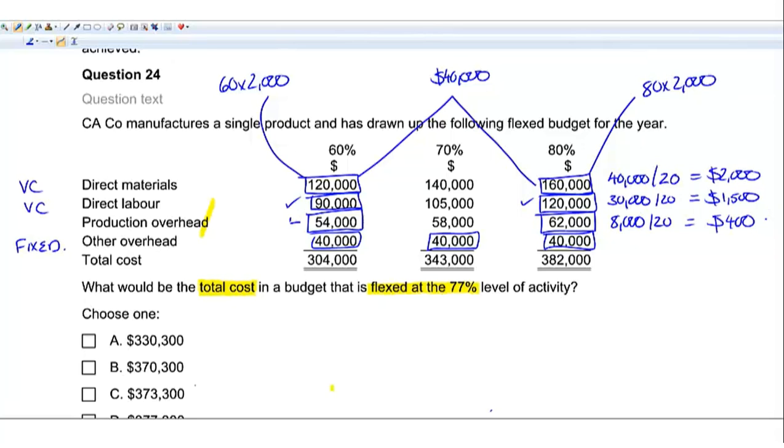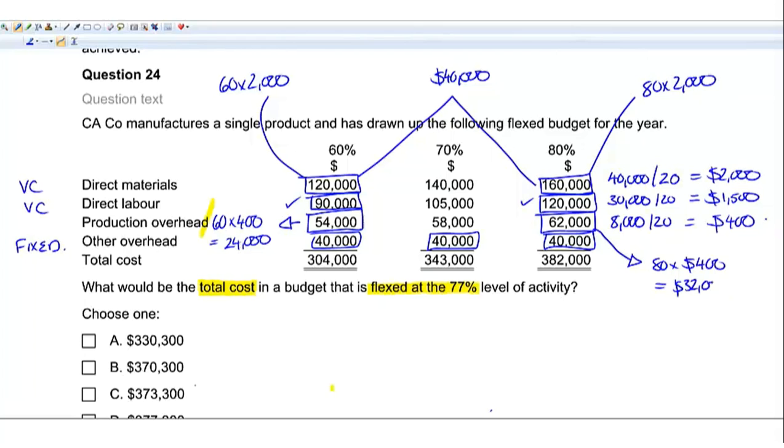Again, if we look to establish the cost behaviour here, if I did the activity level of 60 times the 400 per unit, that would say to me that there is a variable cost element of 24,000. And again, if we do it over here for the 80% activity, if we did 80 times the $400, that would give us a variable cost element